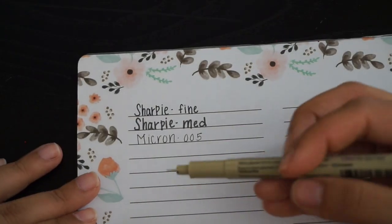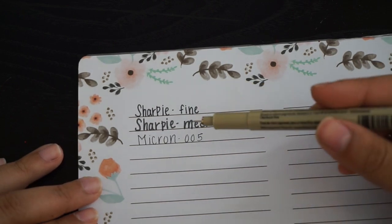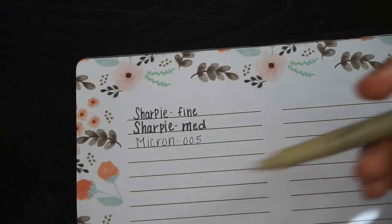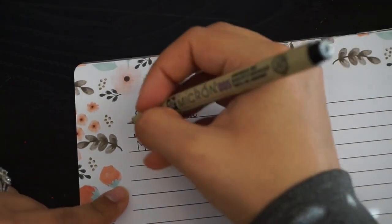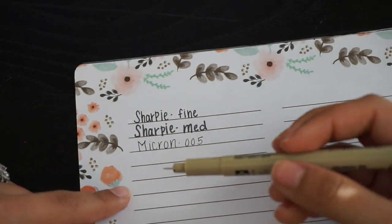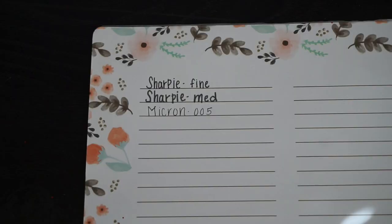I actually feel almost weird writing with this. I feel like I'm going to bend the tip. I am such a heavy-handed person when it comes to writing that this scares me a little bit. It's so thin. I mean, it's very nice to write with. Personally though, I like a thicker lettering. Let's move on to the